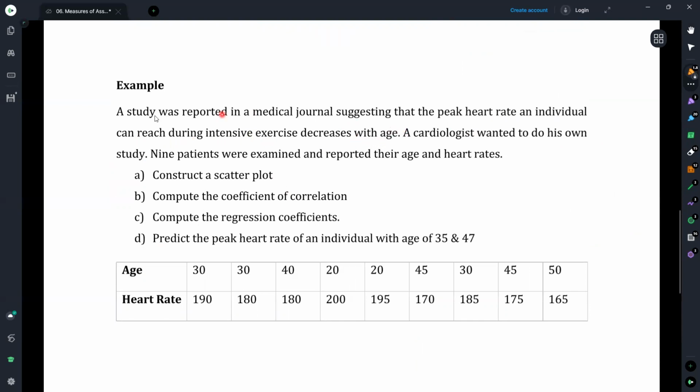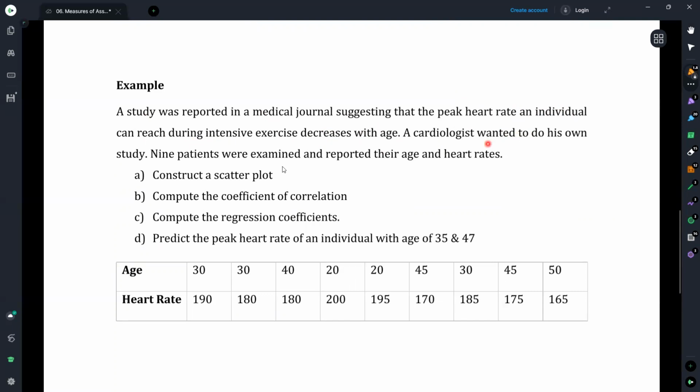Here it says that according to a study, the peak heart rate an individual can reach during intensive exercise decreases with age. It means that as the age increases, the peak heart rate decreases. Therefore, that's what this medical journal suggests, and suppose that a cardiologist wants